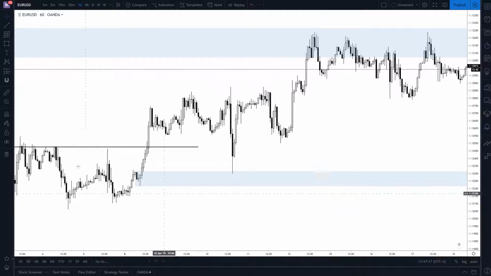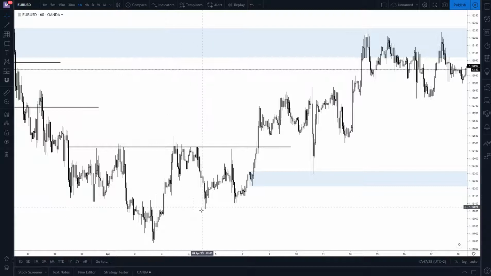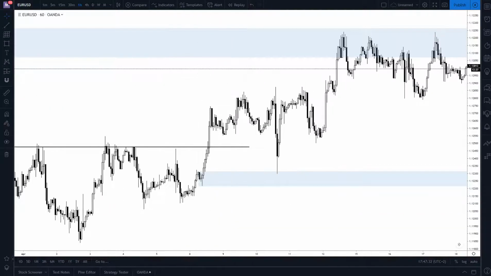Because for example right here you don't really have many things. We have some small demand which was really tested here. I'm sure if I would go a little bit higher on time frames, then I would see this level, and anyway we have a fill of a liquidity gap, which is also something